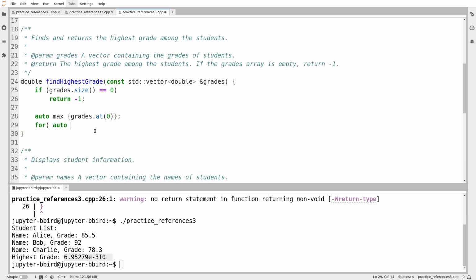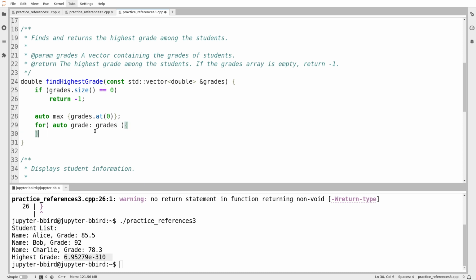I'm going to use a for each loop. So for auto grade in grades, if the grade I'm looking at is larger than the maximum, then that'll become my new maximum. So if grade is greater than max, then max equals grade. Now, if you look at this for each loop, maybe you can observe that the for